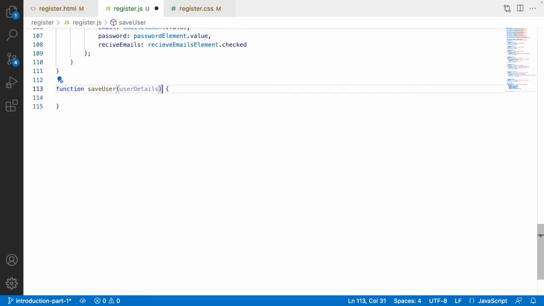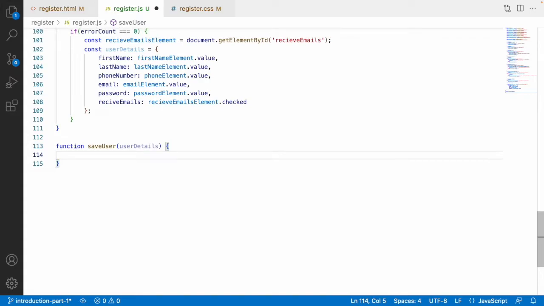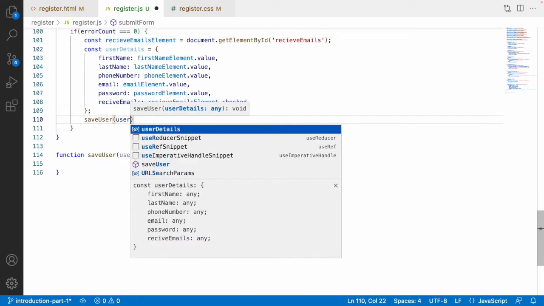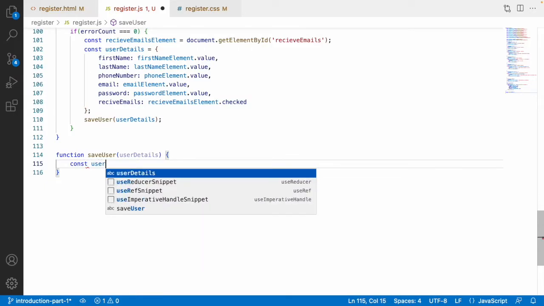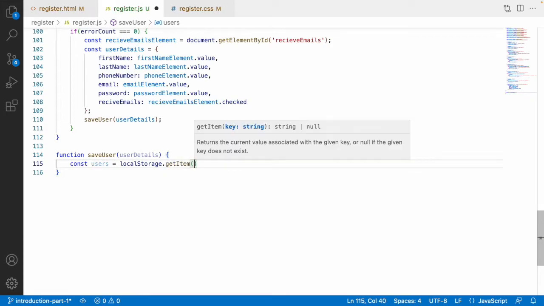So these are my user details, and once I receive the user details, I'll be posting these user details into my local storage. For that sake, let me call saveUser when all are valid, whole user object is framed. I'm trying to call this user, that is saveUser. So for this sake, let me get the value from the local storage for the initial time. So const users is equal to localStorage dot getItem of, let me pass a key called users,